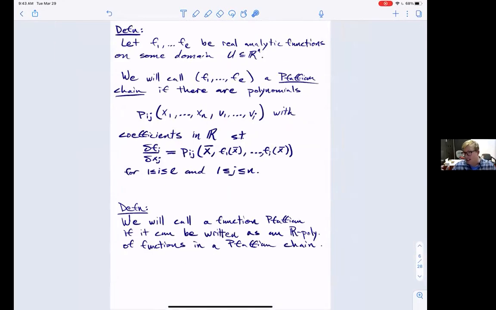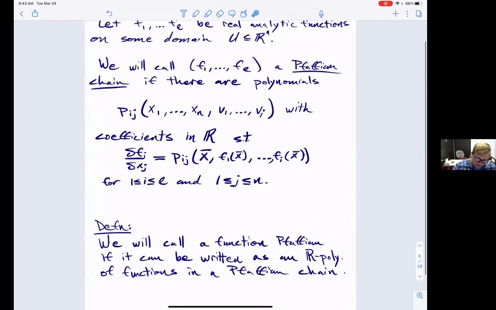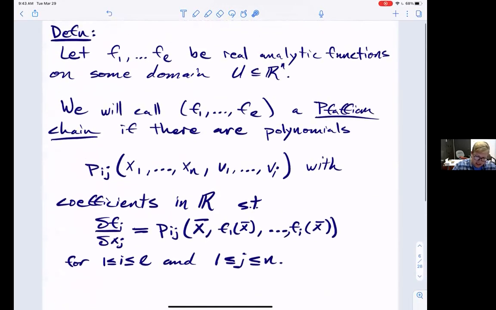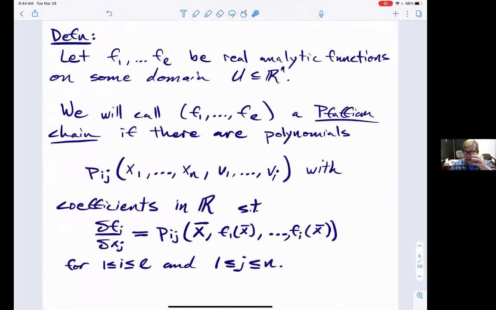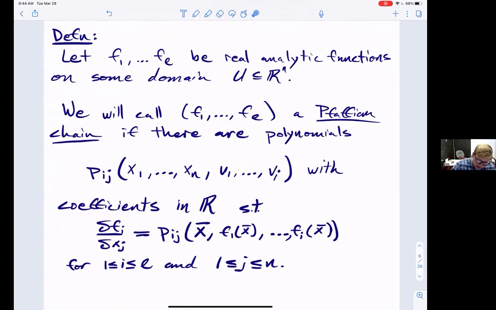First, I'm going to define Pfaffian functions carefully. This won't assume that you know them, and I'll try to give some examples as well. So let f1 through fl be some real analytic functions on some domain U, the common domain of all of these functions, which is some open connected subset of R^n. I will call this list, and here the order matters, so I've written it as an ordered tuple,